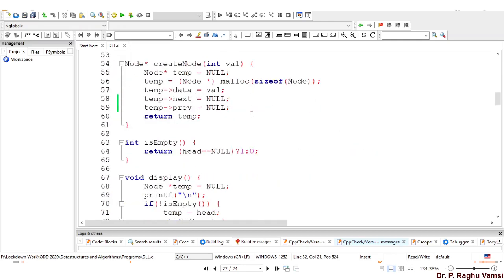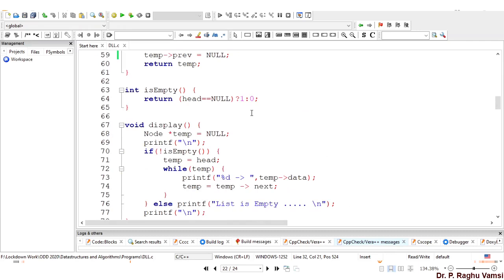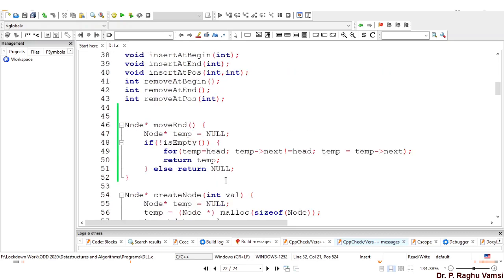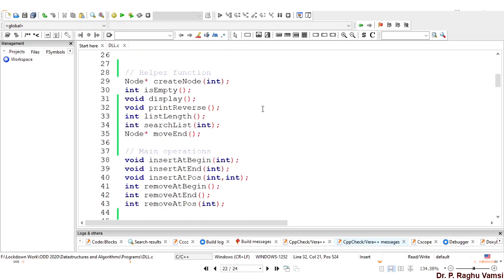So you can define the print reverse function so that you need to traverse till the end, get the previous link, and till the previous link is not equal to head, you have to traverse and print the list. Before defining this, we'll define it once we complete all the remaining functions.